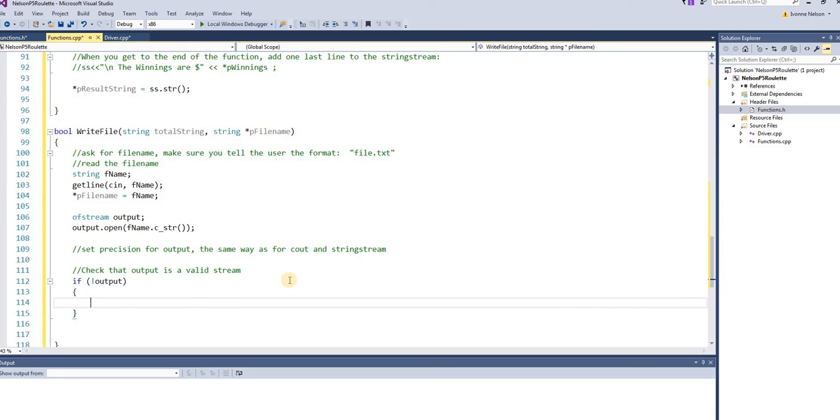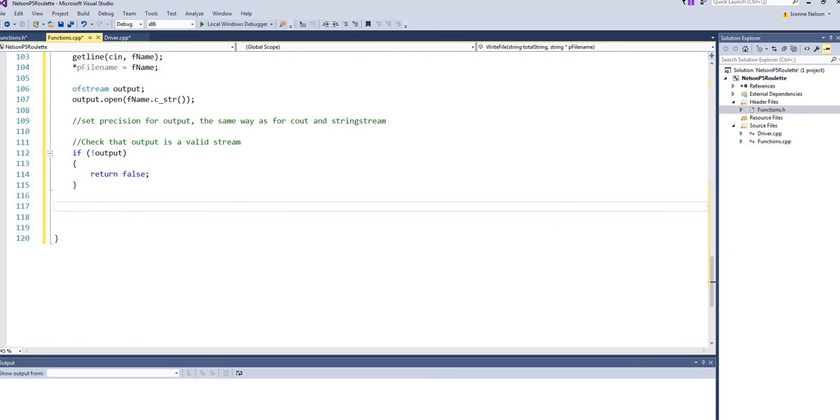It's possible to either try to access a file and not be able to open it, or to try to write a file and for some reason not be able to open that new file. So we always check that, and if it is true that output is not working, then we're going to return false right away. Okay, there's nothing else to do in here. Okay, then otherwise, and you can put an else in here or not, we're going to write